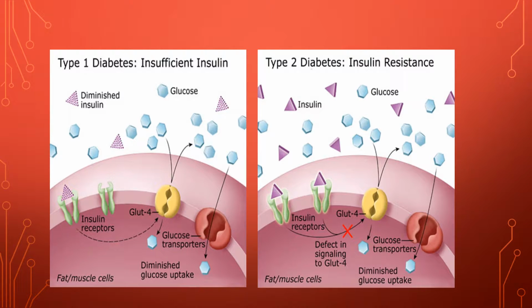In type 2 diabetes, the difference is that there is enough insulin. It's just that the body becomes resistant to it. So there's plenty of insulin. What happens is that the insulin receptors basically stop working. They are so overstimulated. There's so much glucose, there's so much insulin all the time that they finally stop responding.